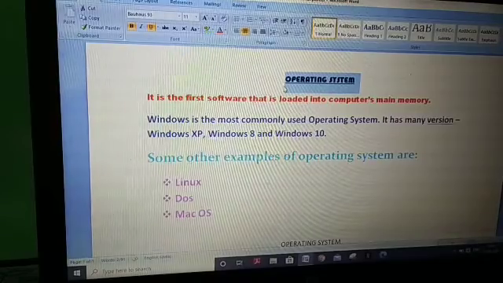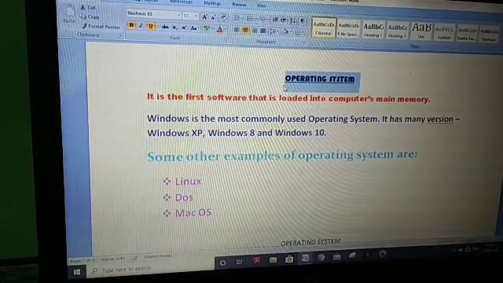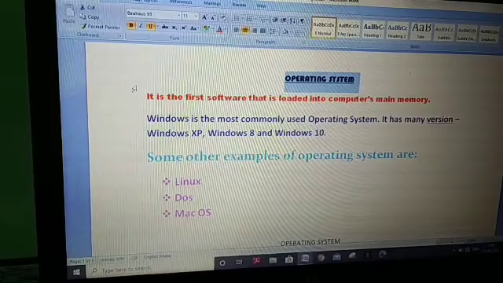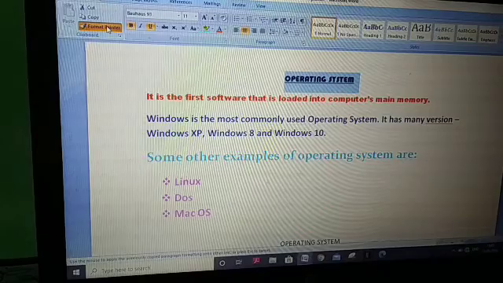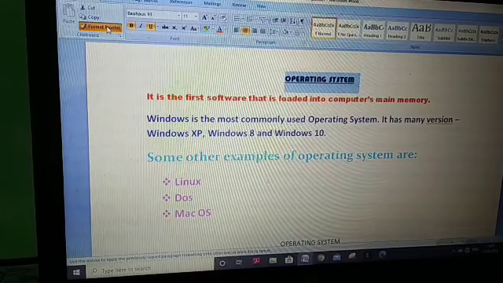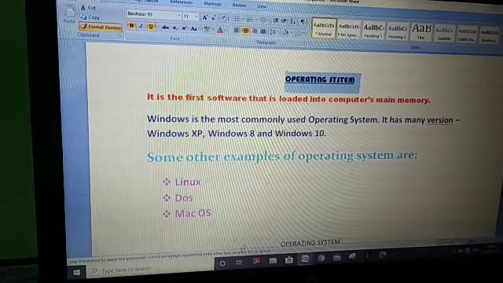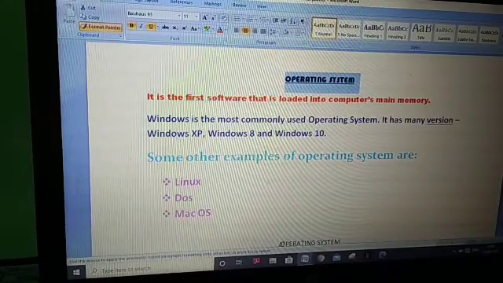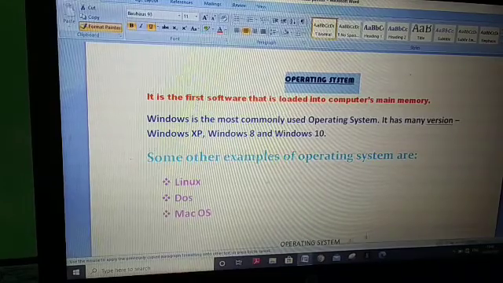So the text is selected, it is highlighted in blue color, which means it is selected. Now we will go to the Format Painter tool. The Format Painter tool is selected now. Now I will bring this tool to this text, operating system.